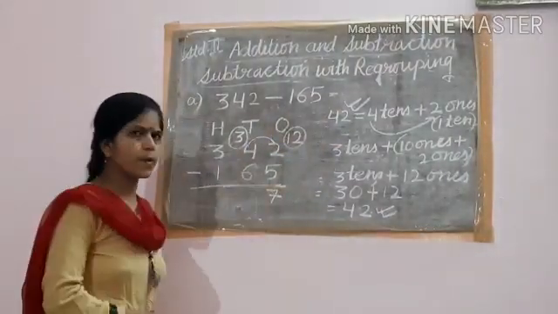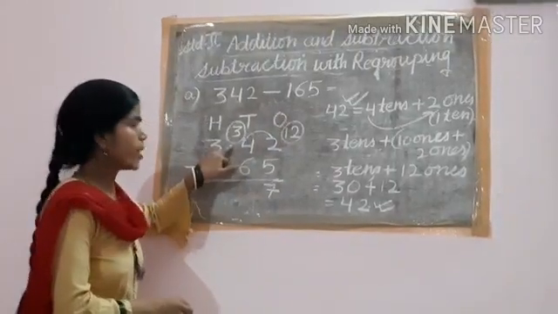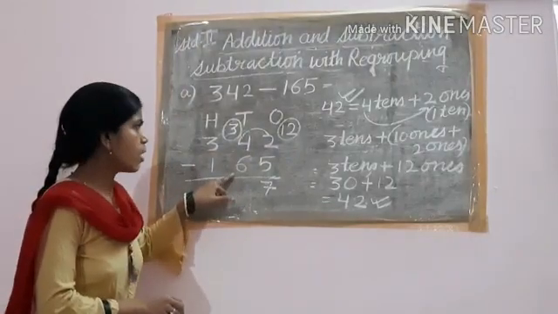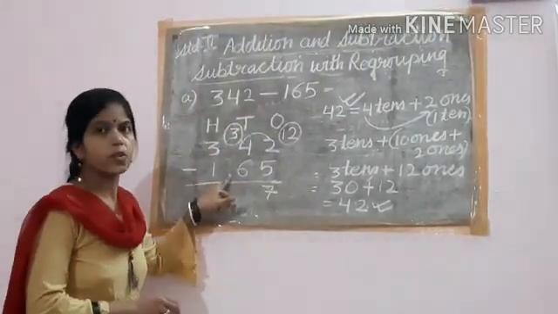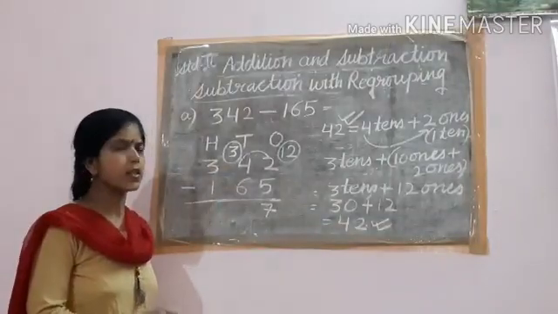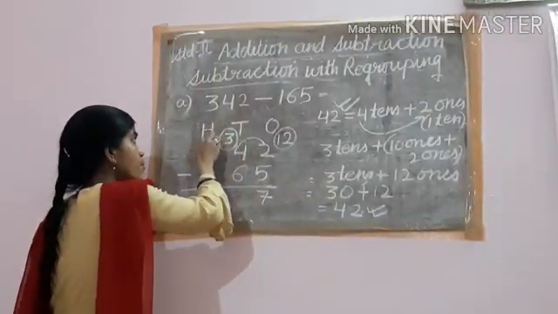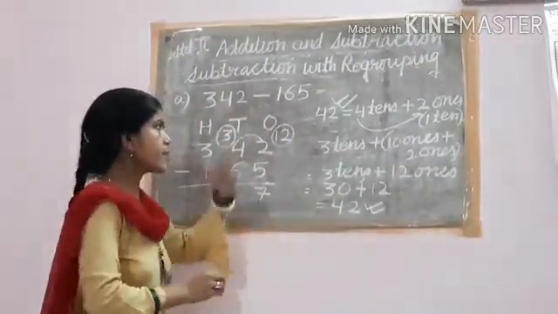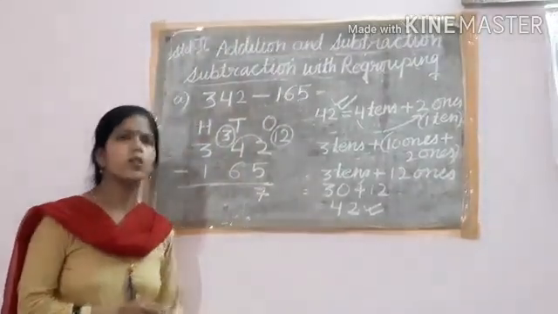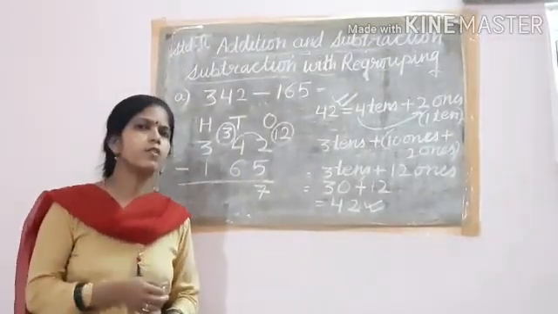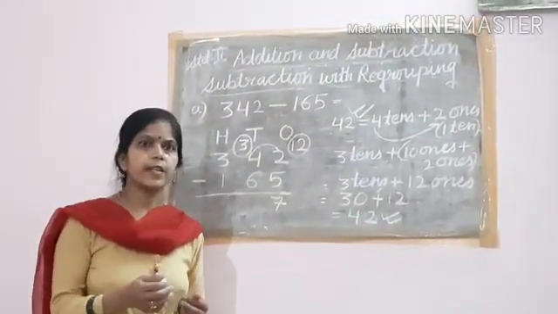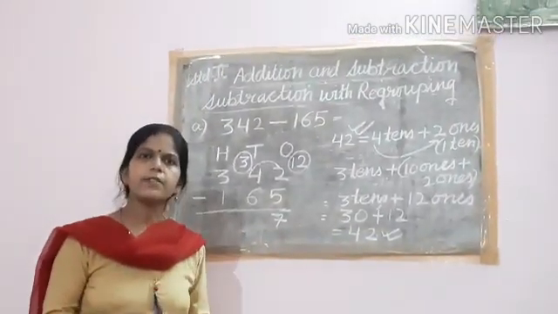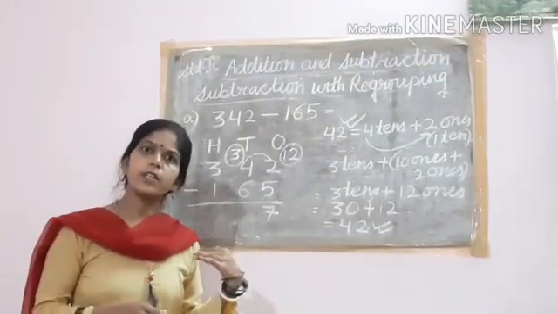Now come to the tens place. What is here? Only 3 tens left. And again the same problem. Down is 6 tens. No, we cannot subtract 6 tens from 3 tens. So again the tens place will borrow, not from this side, from the hundreds place. Always ask from the bigger one. Generally, the one who has more is able to give. If somebody is not having anything, how will that person give you things?